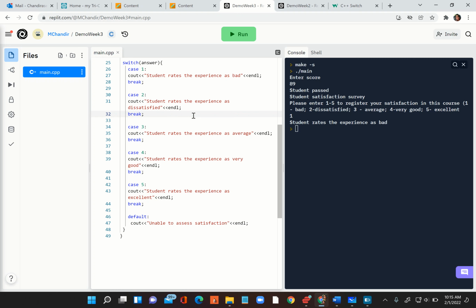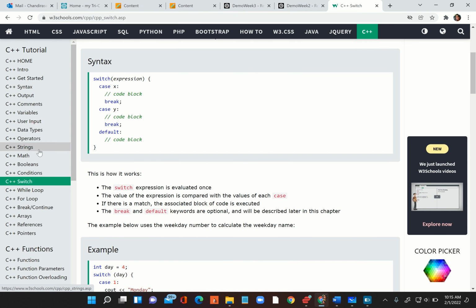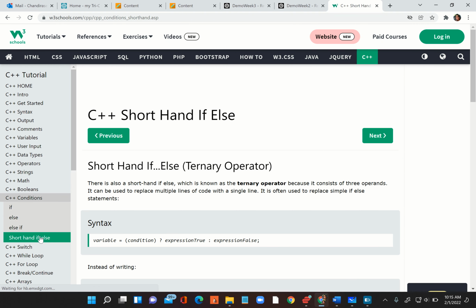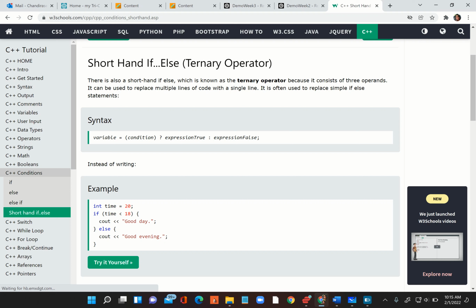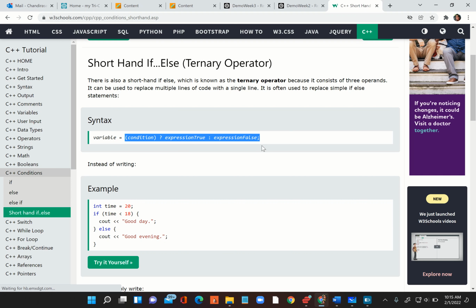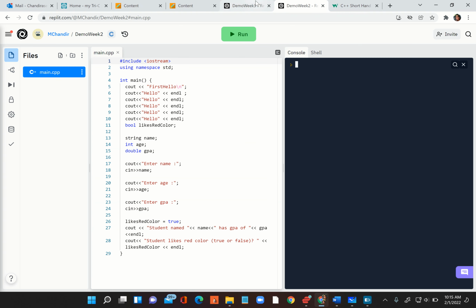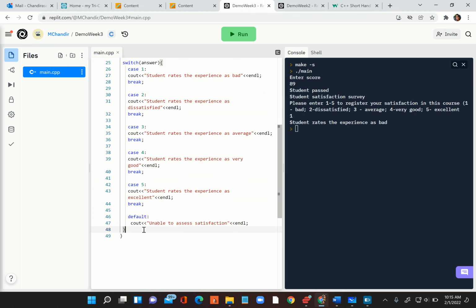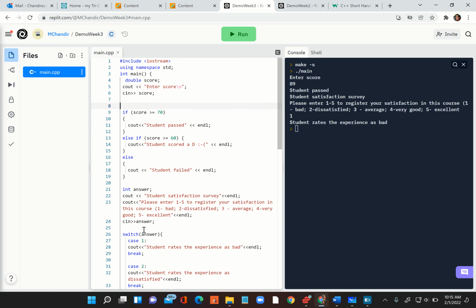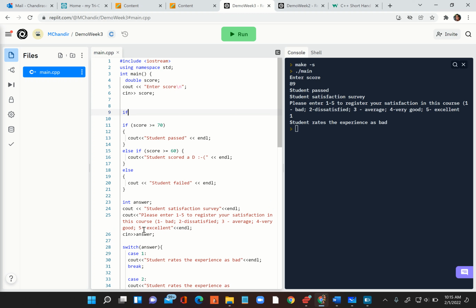So those are the two. The third one I wanted to show you is also the shorthand if else statement, the ternary operator. So instead of writing if something, then this, else this, we can just go concise like this. So for example, this is called a ternary operator. Like for example, this if else I can change. It's only possible with if else. So I could say here, pass fail one more time, so instead of saying if score, I can just say